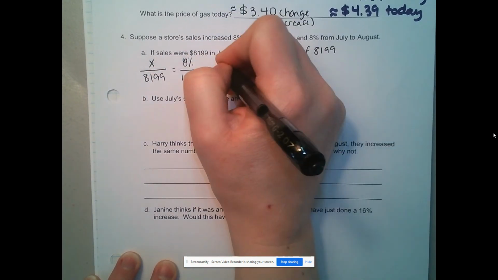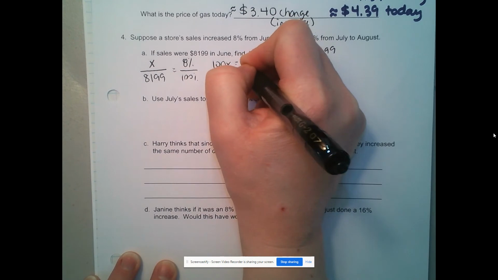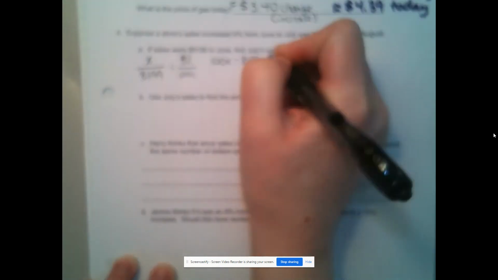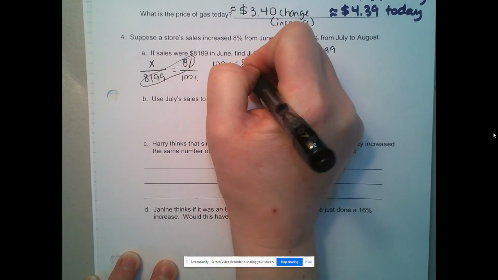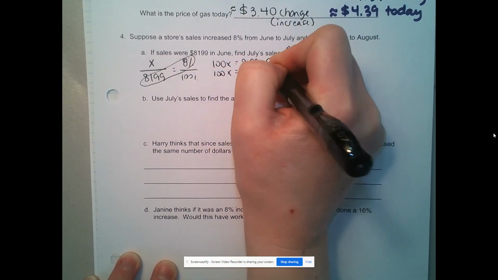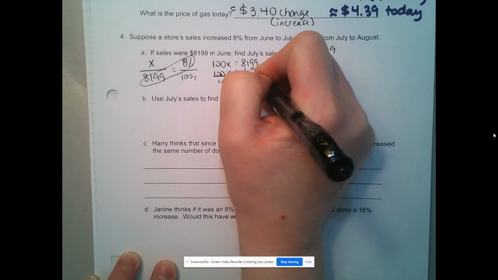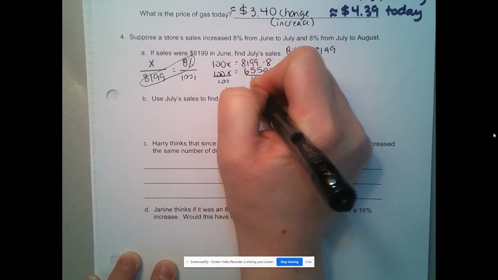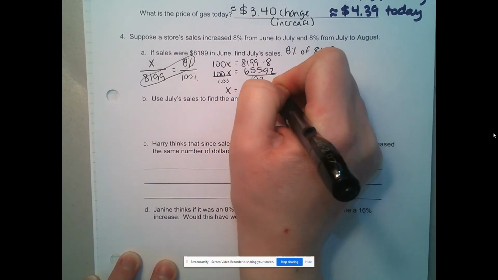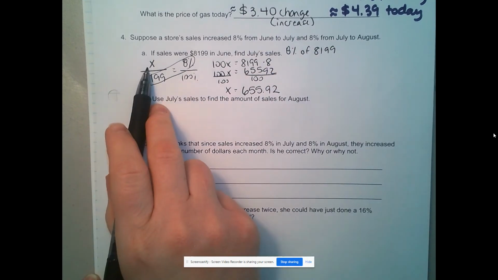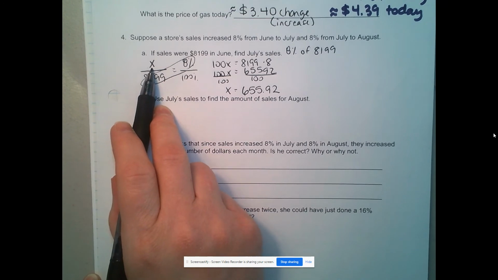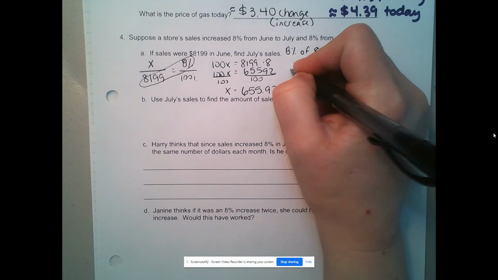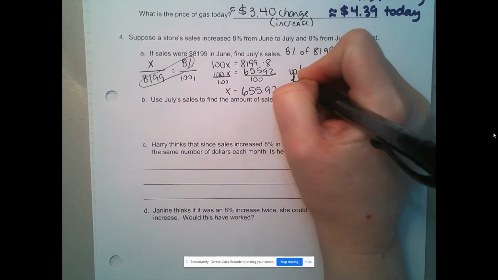And we would say 100 times X equals 8,199 times 8. That's your cross products. 100X equals 65592. Divide both sides by 100. And X was 655.92. Now, that number here is our change. The 8% change in the store's sales mean that the sales went up by